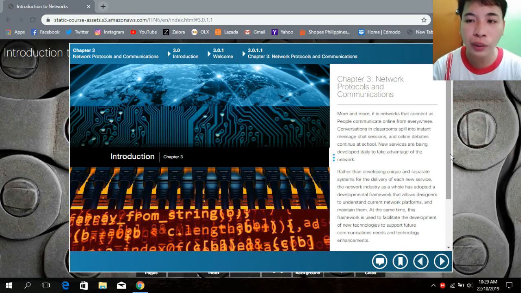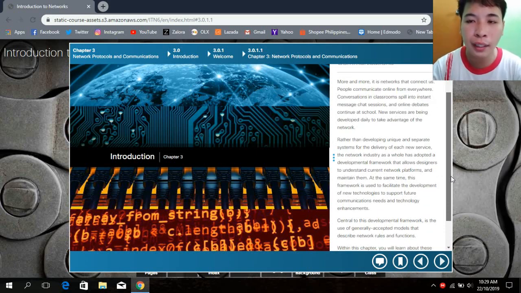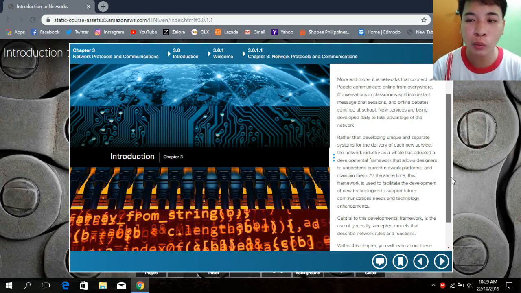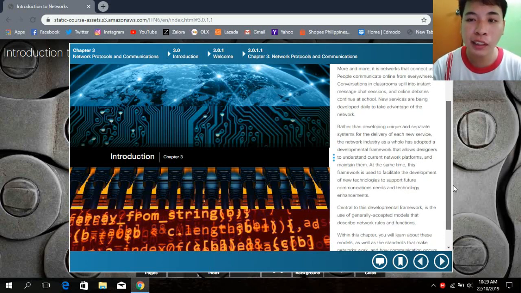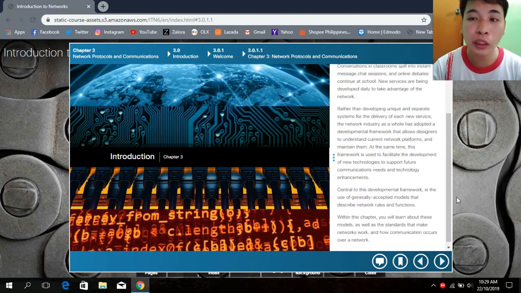Rather than developing unique and separate systems for the delivery of each new service, the network industry as a whole has adopted a development framework that allows designers to understand current network platforms and maintain them. At the same time, this framework is used to facilitate the development of new technology to support future communication needs